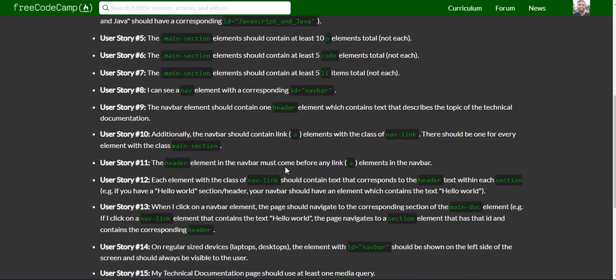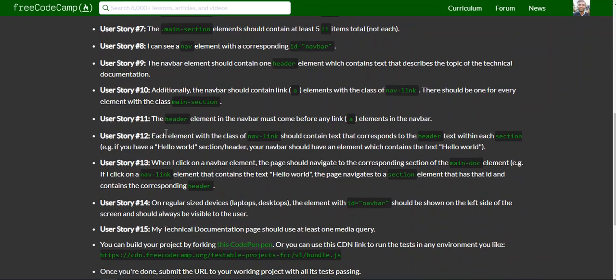So most common, yep, that was done. User story 12. Each element with a class nav link should contain text that corresponds to header text within each section. If we